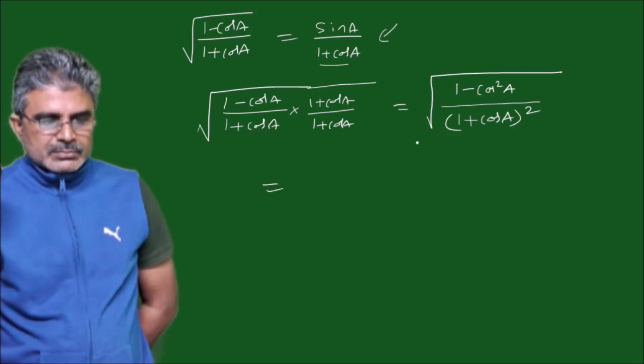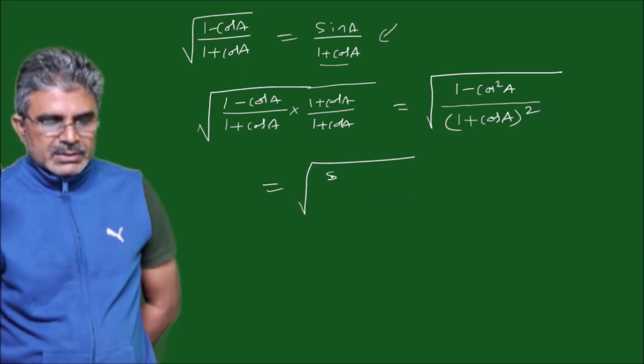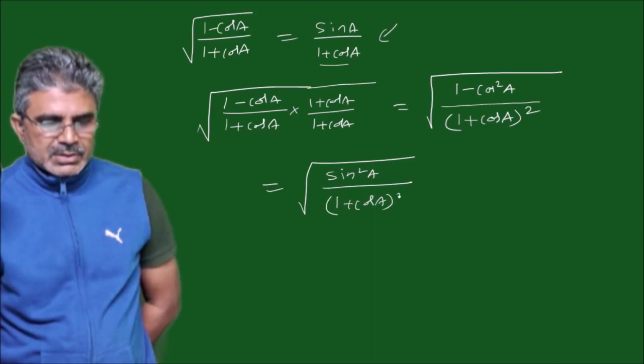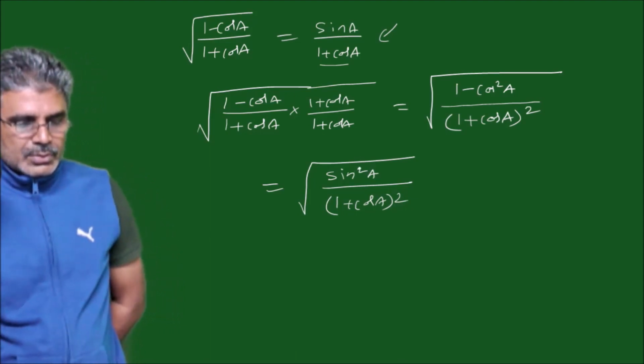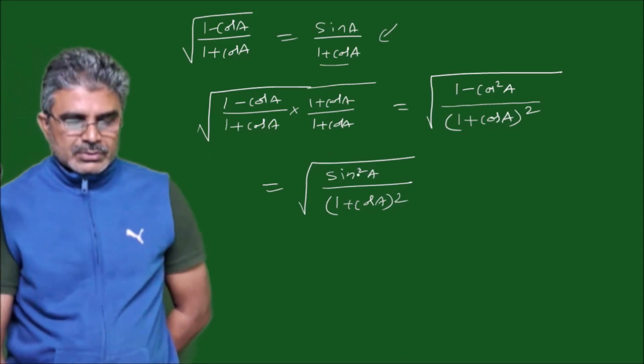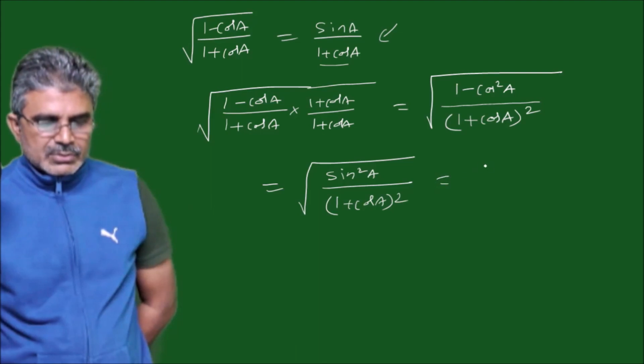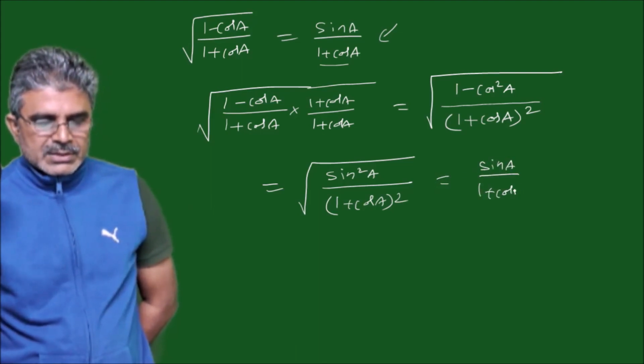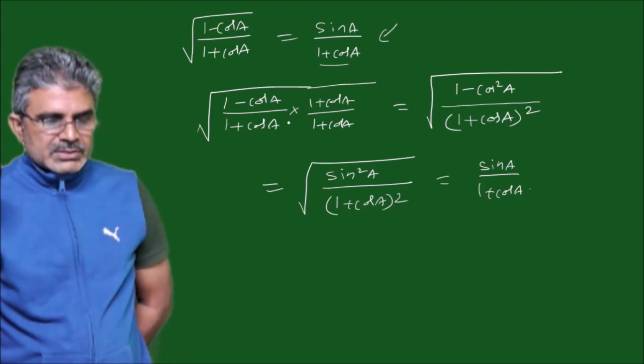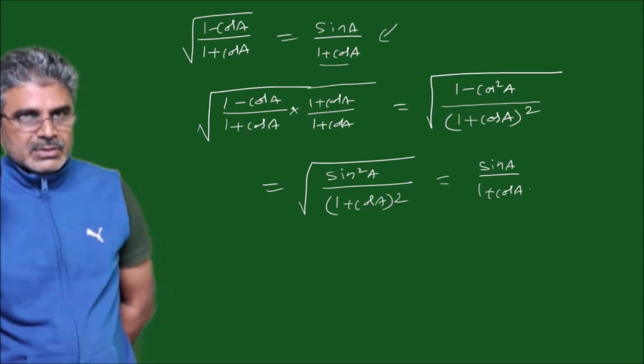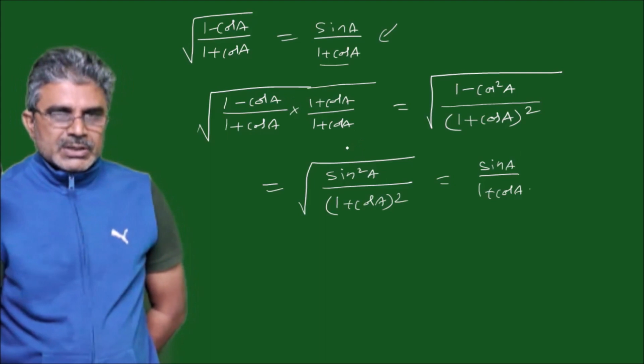which is equal to, in the numerator we can write sin square A divided by (1 plus cos A) whole square in the denominator, having a whole root. Take out this whole square root with square terms inside, you will have sin A by (1 plus cos A). Earlier we used to do rationalizing of the denominator, and in this case we did rationalizing of the numerator